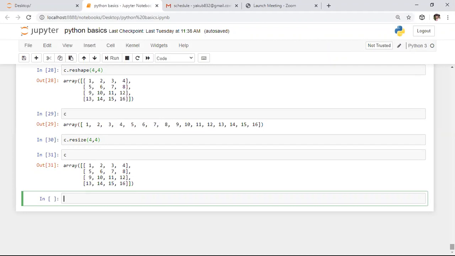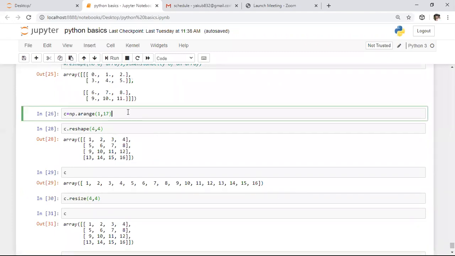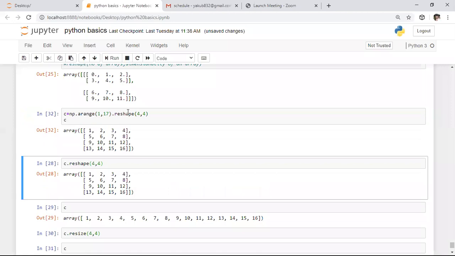So arange is a function which is used to create an array dynamically. After this, we have the linspace function. Here we have one more way to reshape an array, and we can do this entire thing in a single step also. If you want to reshape the array whenever you create it, we can apply that here itself. So I am saying reshape of 4 comma 4, and after this I am observing the output present in C.